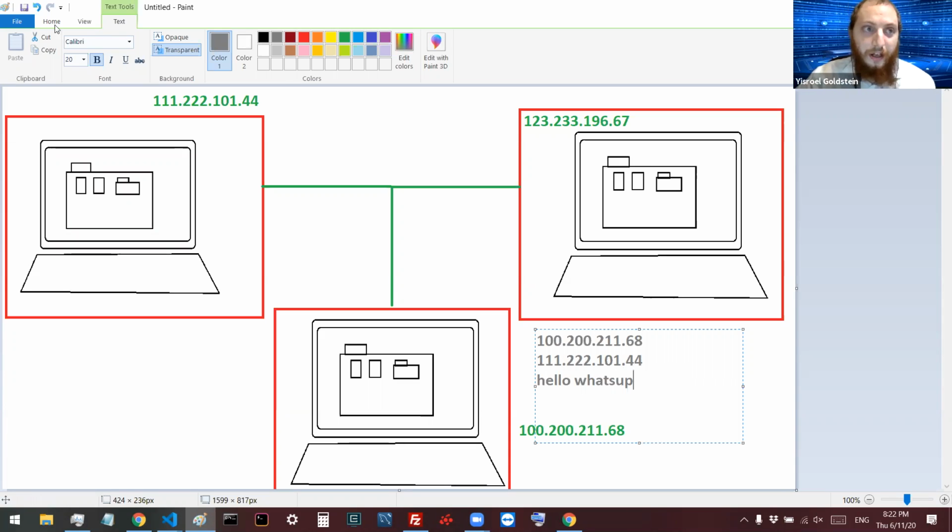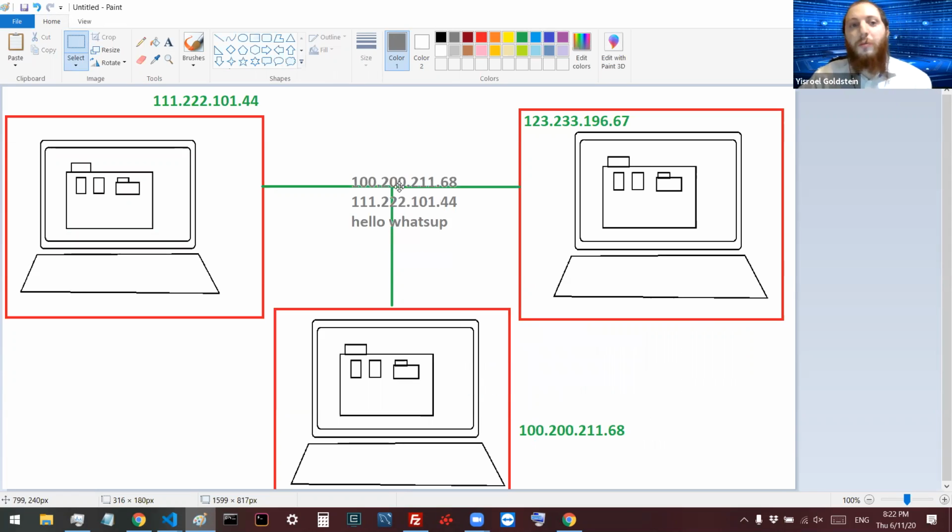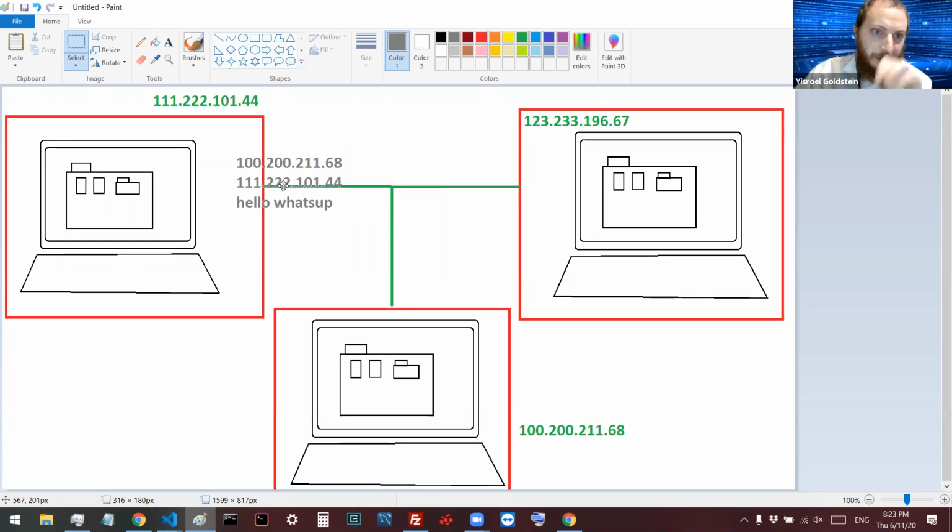Okay, and now this entire message is going to go over the wire, and it's going to go through some programming that figures out, where does it need to go? At this juncture, if we want to reach the address of 111.222.101.44, this is the wrong way to go, and in fact, this is the right way to go, and we reach the right address. We toss away this whole part at the beginning, because this was just the preliminary stuff to find our way, but now that we found our way, we're in the right place, so let's just pass them the message, and now they receive the message on their computer,